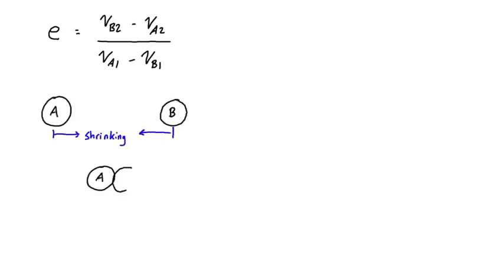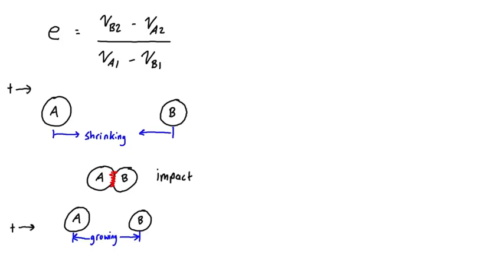So let me just draw that out right here. If we take the right as the positive direction in all cases here, then in order for A and B to have an impact, VA1 must be bigger than VB1. By bigger, I mean more positive, a value that's bigger in the positive direction. They can actually be physically moving towards each other, like A moving to the right and B moving to the left. Or if they're both moving to the right, then as long as VA1 is bigger than VB1, eventually